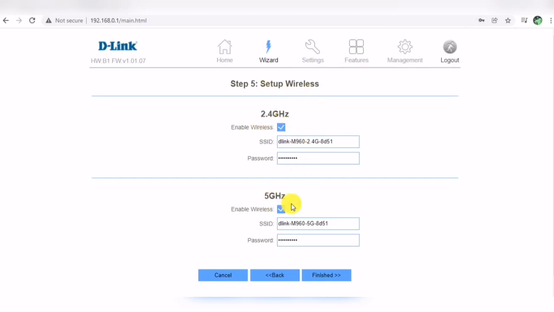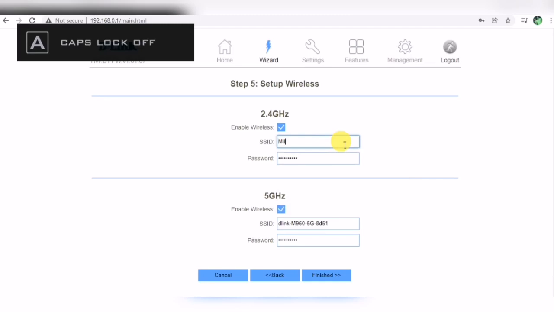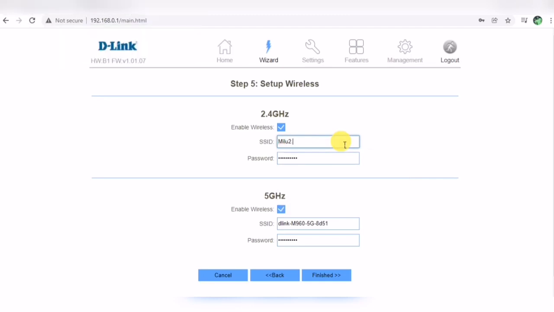If you want to change the username, put the new username in the SSID field, and provide the new password here too. I am changing the username and the password for 2.4 as well as 5G. This way you can provide your new user credentials and password.